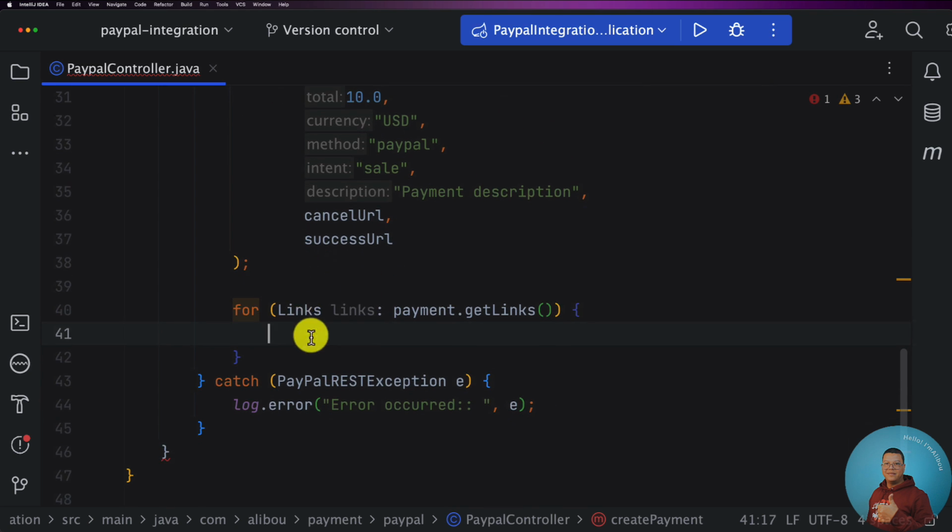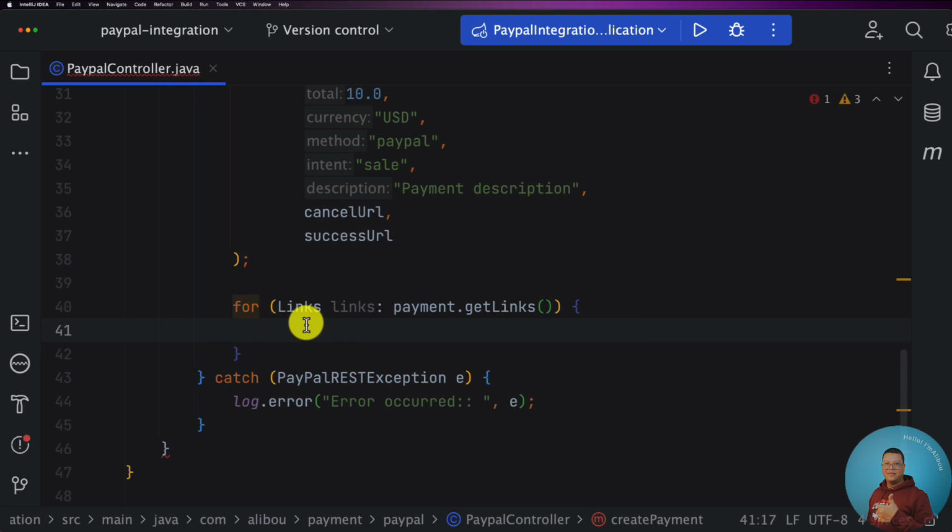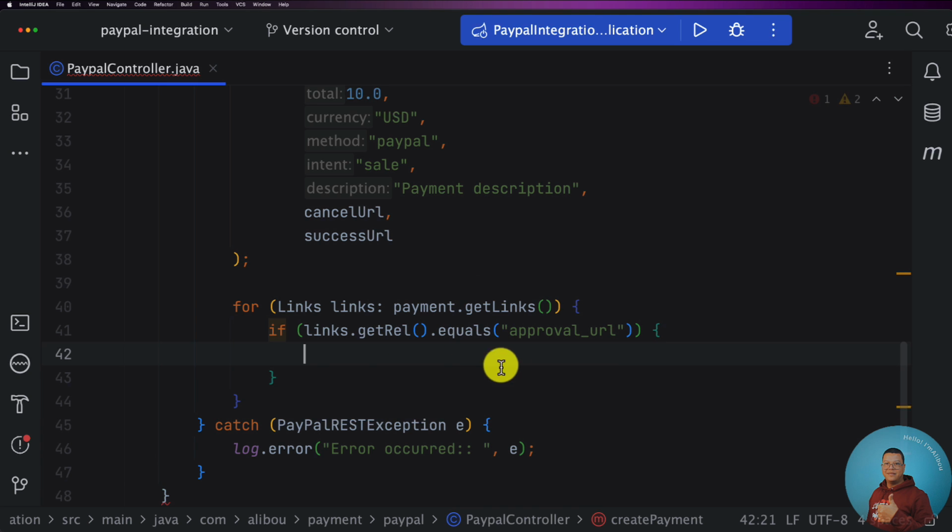So here I will just use this simple loop. We can use stream, and we can filter and so on and so forth, but we will just use a simple loop, and then we will do if links.getRel().equals, because when the payment is successfully performed, we will have one link called approval_url,